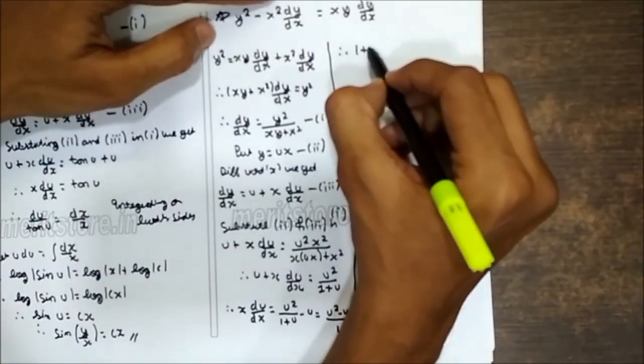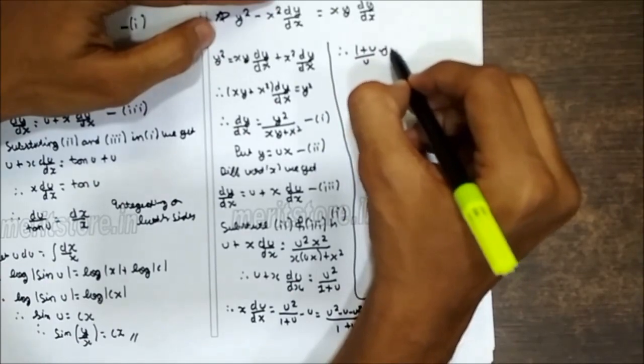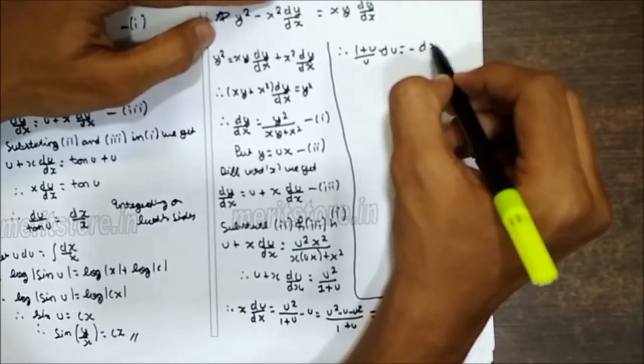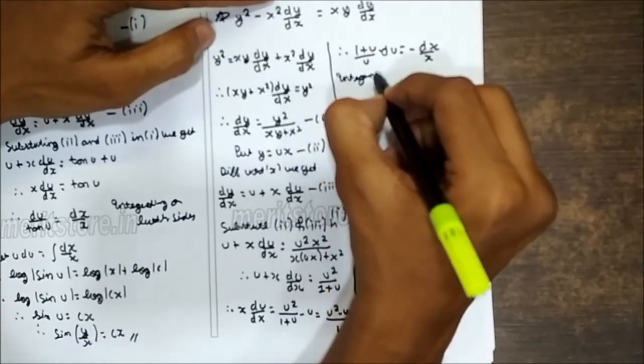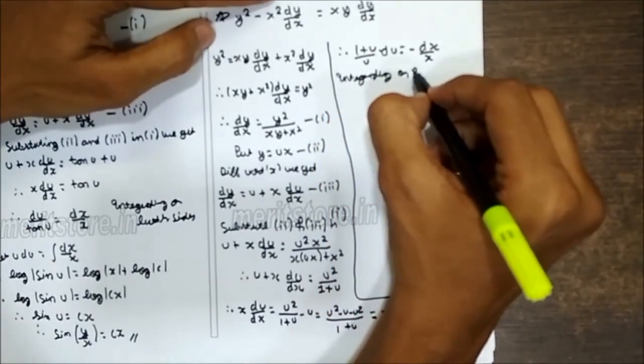Therefore 1 plus u upon u du is equal to minus dx upon x. Now integrating on both sides,